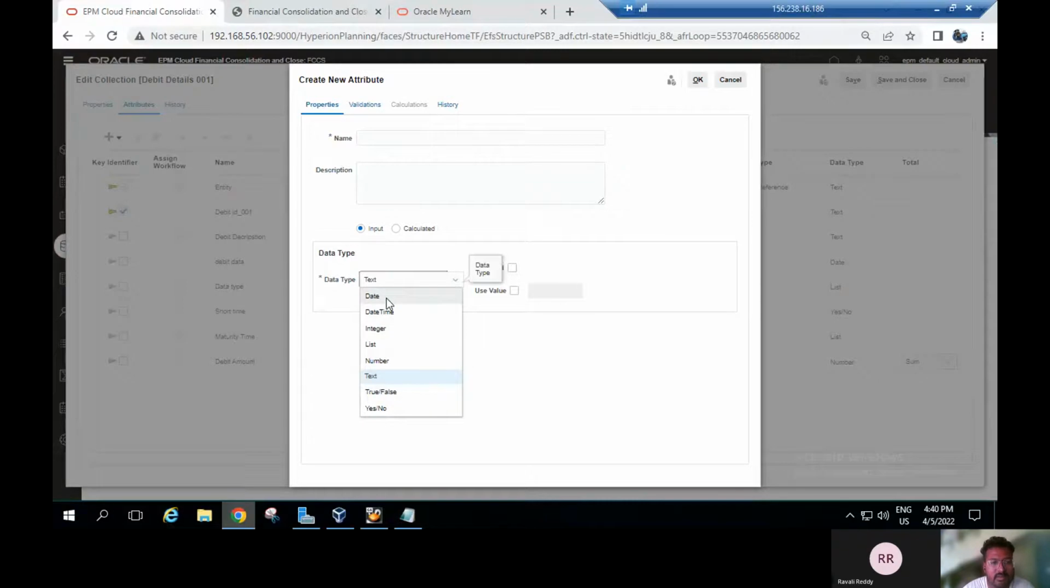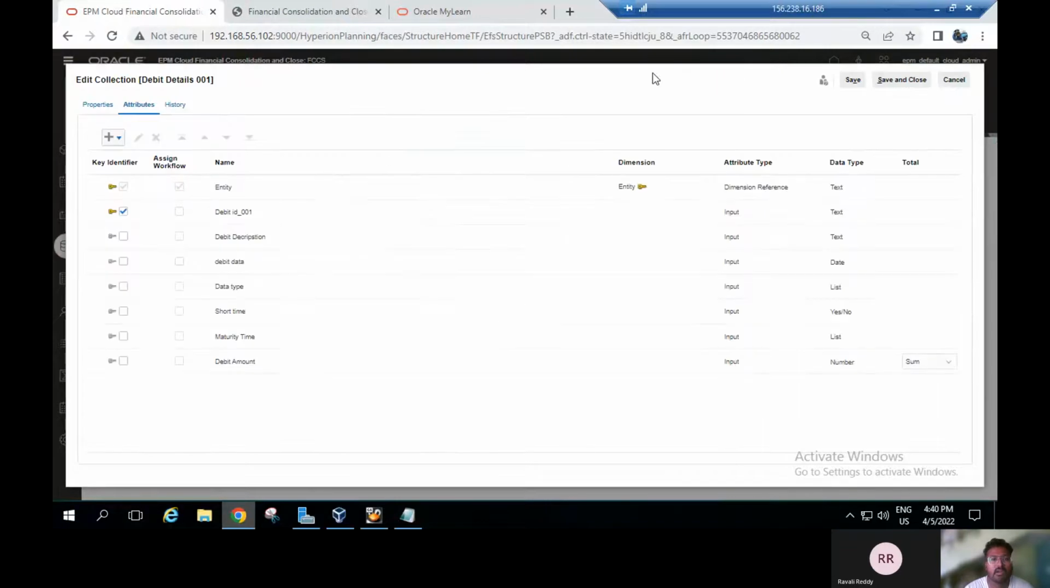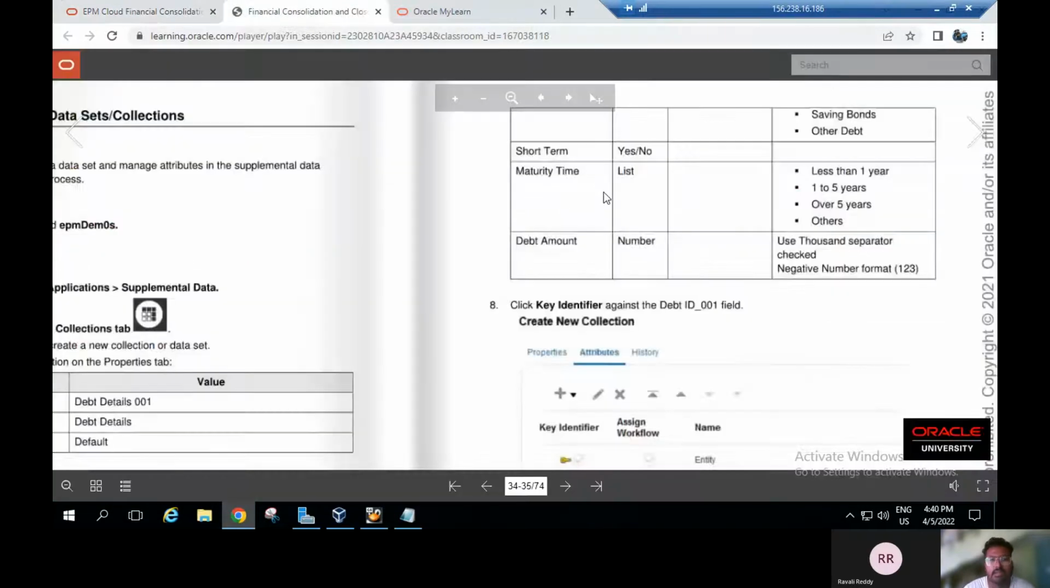If you want to select date, you have to select date. If you want another data type, you have to select that data type. And based on the requirement, you have to tick the required option here and click on OK. As per the documentation, I created these particular attributes: the debit description, debit date, data type, short term, maturity time, and debit amount. And after that,